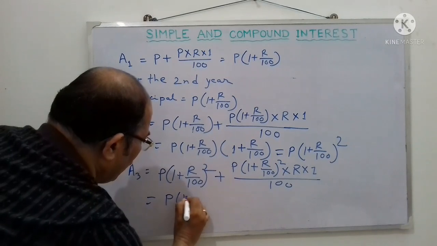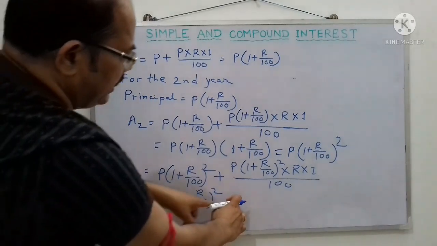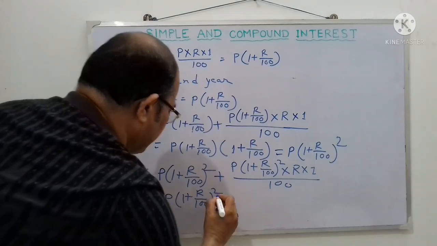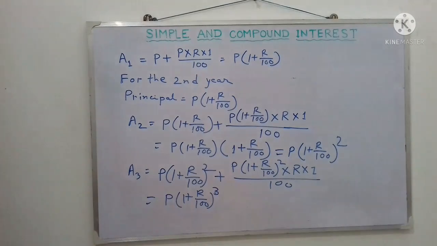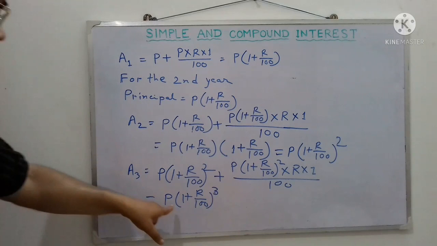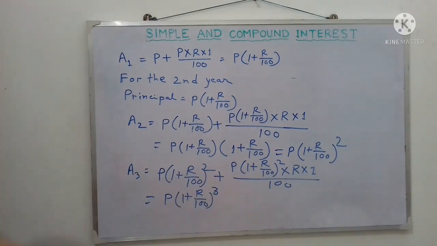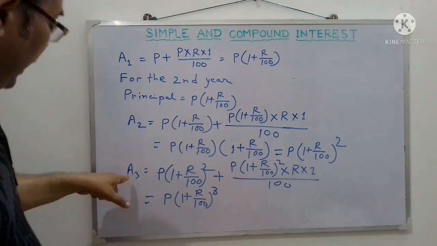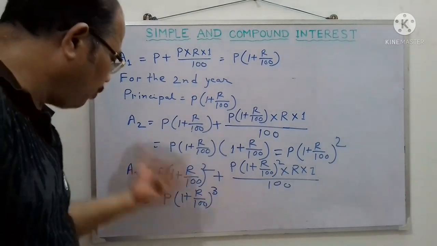P into 1 plus R by 100. If you take this one as common, you will get another P into 1 plus R by 100. That means we will ultimately get P into 1 plus R by 100 whole cube. For 3 years, the amount is P into 1 plus R by 100 whole to the power 3. Similarly, for 4 years, the amount will be P into 1 plus R by 100 whole to the power 4,